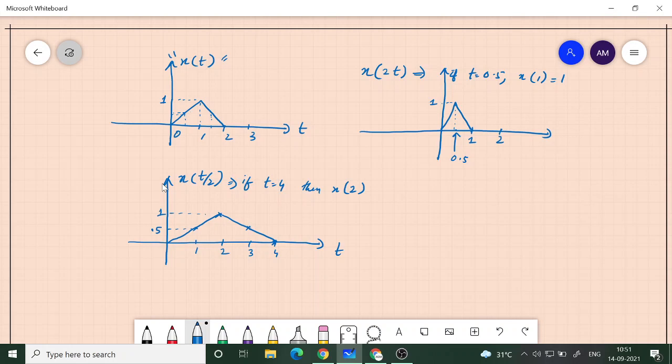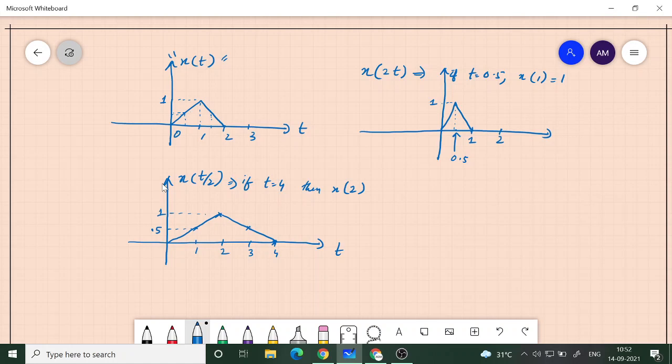So this is what it actually means. Physically, this is what it means when you do the scaling. So whatever is at 2 will go to 4 in that manner. Why? Because t by 2. That means x of 2 is 0 in the first graph. That's why in t by 2 also the expression is 0. So if you take t equal to 0, this is x of 0 and x of 0 is 0.